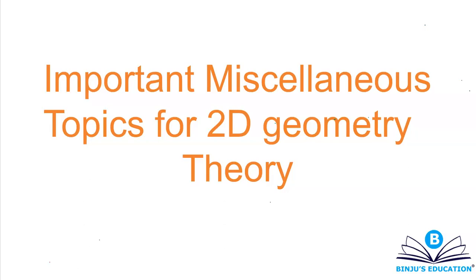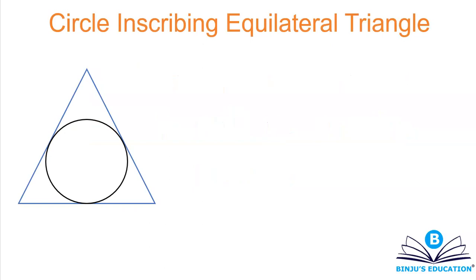These are the five things that we'll be discussing, and irrespective of whichever exam you're planning to take, out of these five things, one of the things is usually asked in the exam. All right. Okay, so let's begin with the first thing, that is circle inscribed in an equilateral triangle.